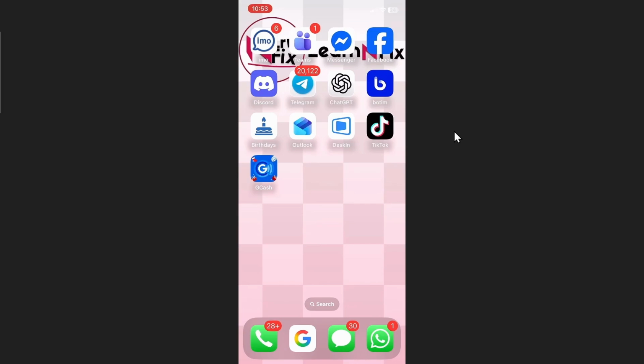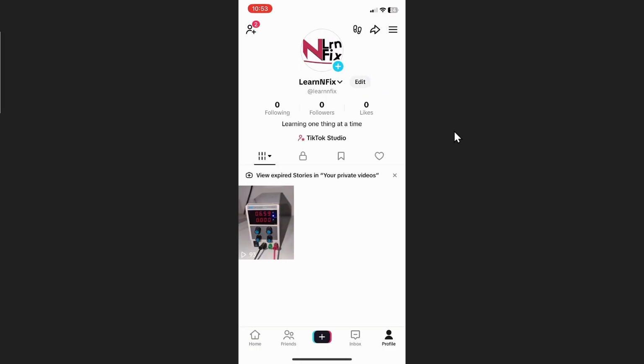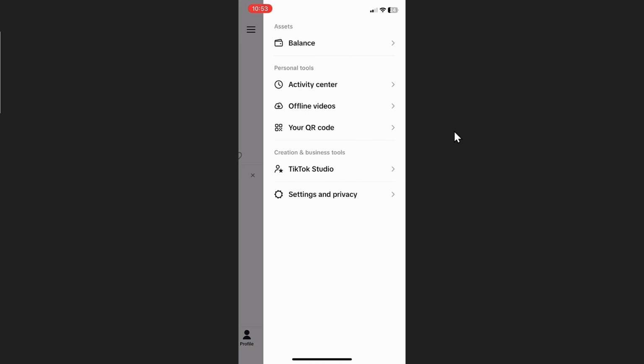In this video, I'll show you how to transfer your TikTok shop balance to GCash. So first step is open TikTok, and then go to your profile bottom corner, and then over here click on the top right where you see the three lines, and then click on balance,